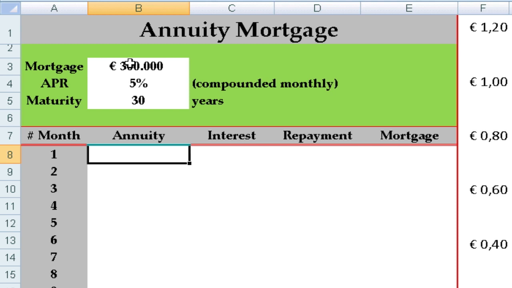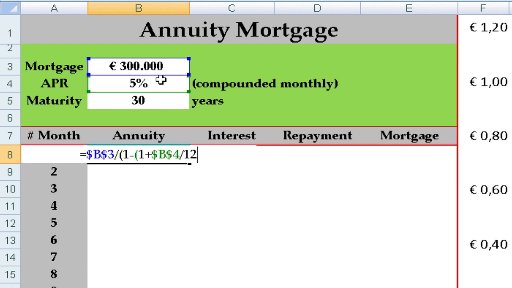So how are we going to do this? The annuity is nothing but this number here. And let's fix this. The total mortgage divided by, and then let's see if you still know it, 1 minus, and then 1 plus the annual percentage rate, but this is an annual percentage rate, so we divide this by 12 to the power